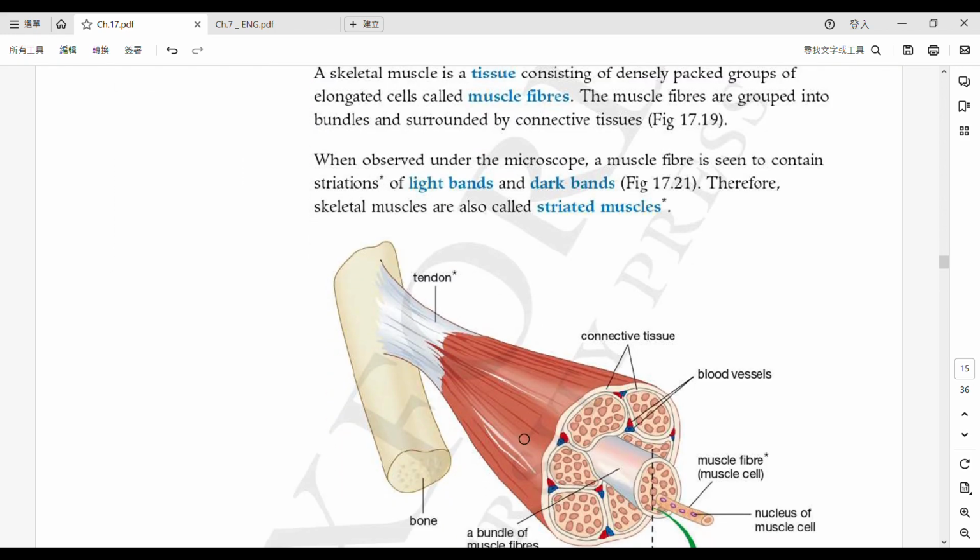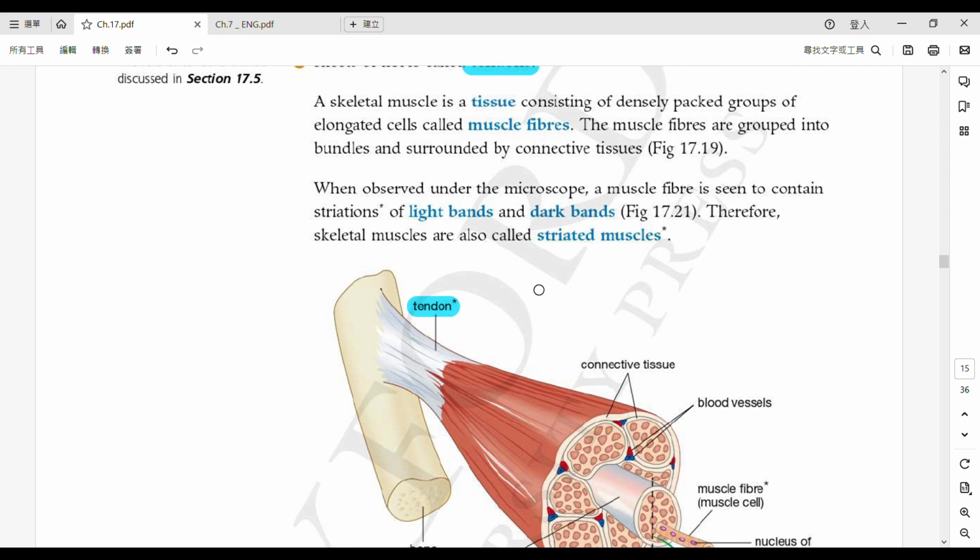This diagram is very good. Okay, so as you can see here, the red thing is the muscle. This one is the bone. And in between them, linking. This link is the tendon. 就係一個腱啦。